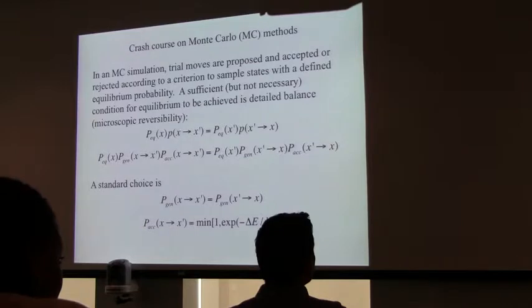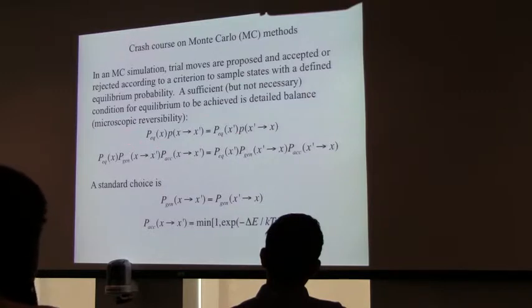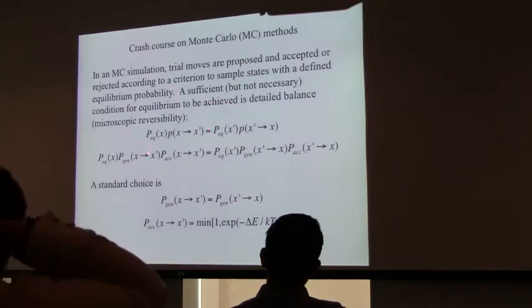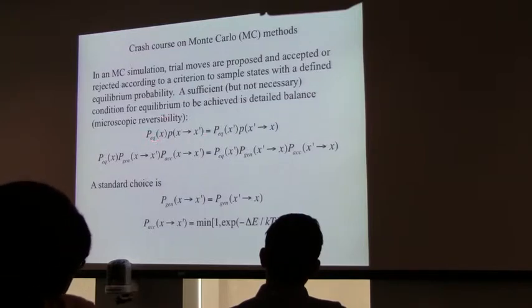balance, a microscopic reversibility. This says that the forward rate and the backward rate between any two microscopic states, so configurations, for example, is equal. And if we know that, then we know that our Monte Carlo simulation is going to converge to equilibrium. Like I said, it's a sufficient but not actually necessary condition. Typically what you do if you want to figure out